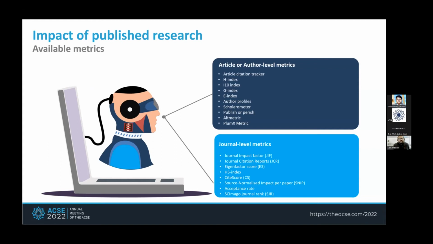What are the different metrics that are available to measure the impact of published research? It can be measured in multiple ways. Some of these metrics provide article or author level information, and some of them provide journal level information only. The majority of the metrics are used basically to assess the significance of academic research, and they use citation based